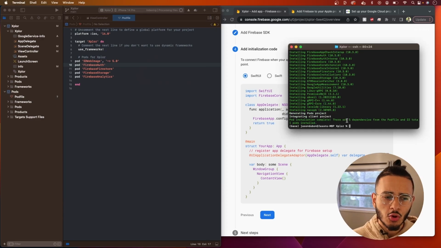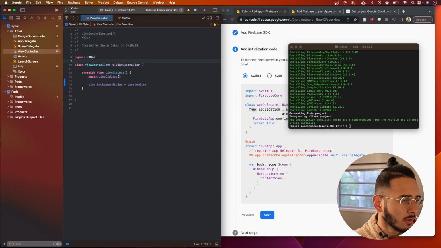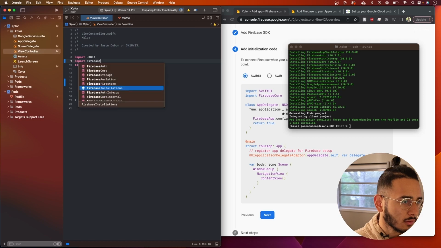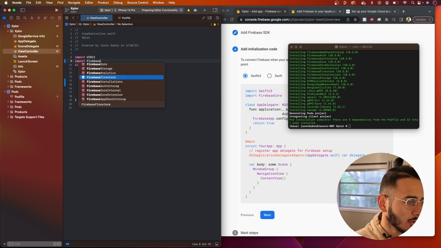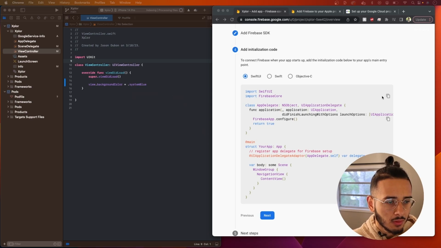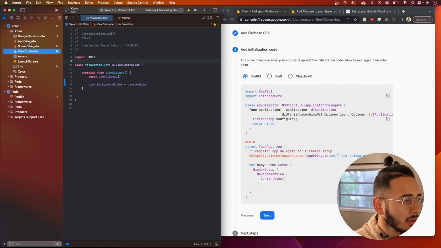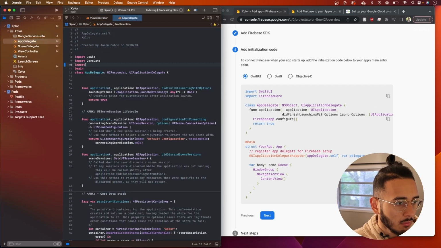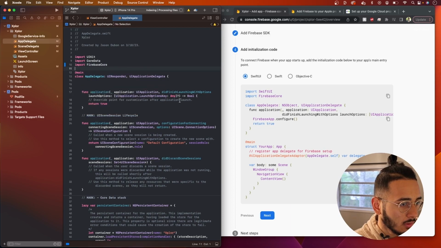Sorry about that. So our CocoaPods just finished installing. Let's try import Firebase. There we go. All this stuff is showing up. So looks like we're good to go. All right, and now we just want to go to our app delegate, import Firebase core, and in this didFinishLaunching, we can comment this out, and I'm going to copy this, put this in here,